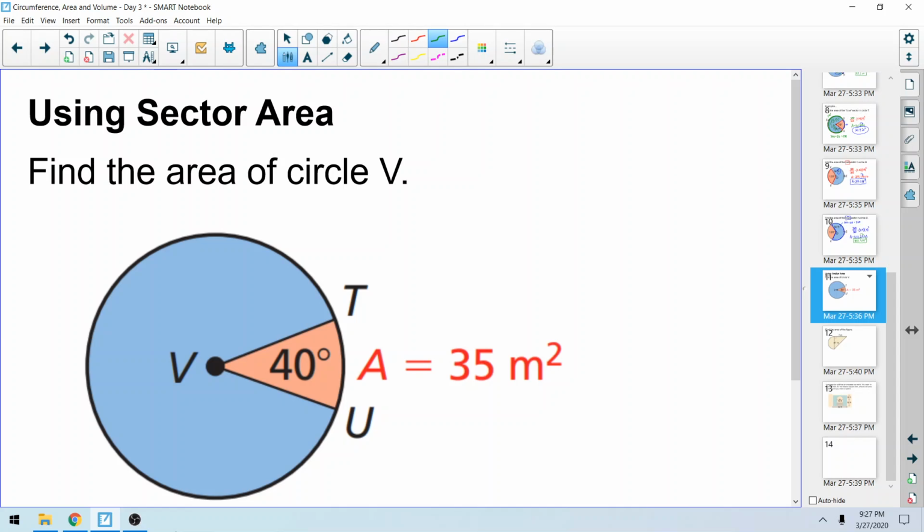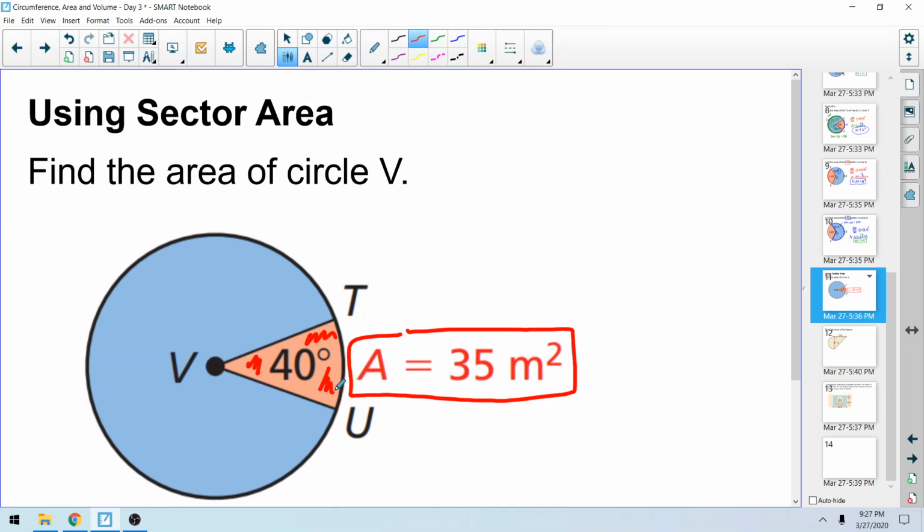Okay, everybody, last section for today is using sector area. So these are our problems that get just a little bit more complicated. Take a look at our picture. It says find the area of circle V, which means the whole thing, the blue and the red together. Now, what they gave you over here is the area of just the sector. So the area of the red part is 35, and we need to use that to find the area of